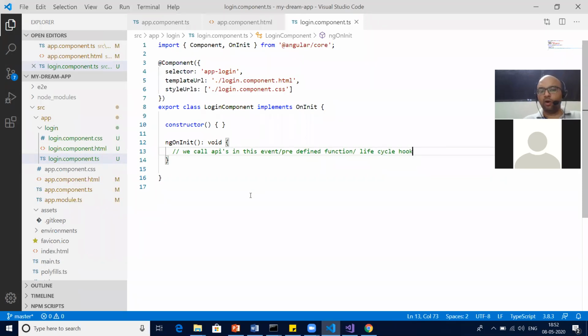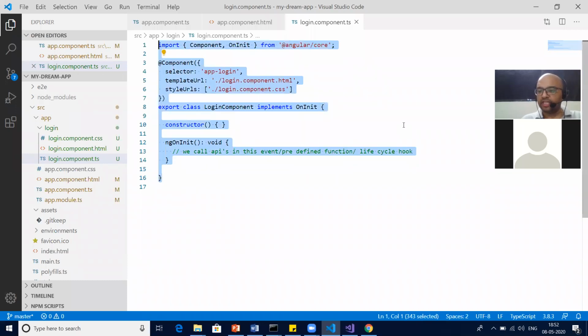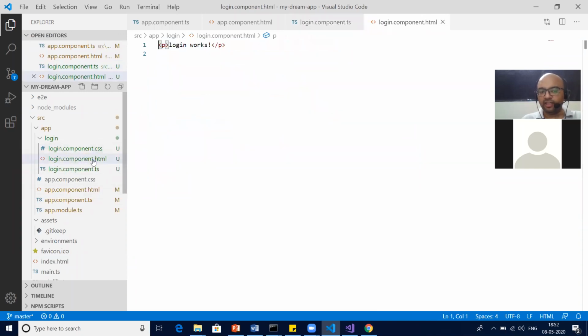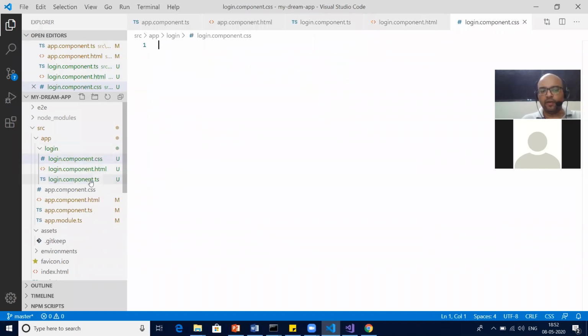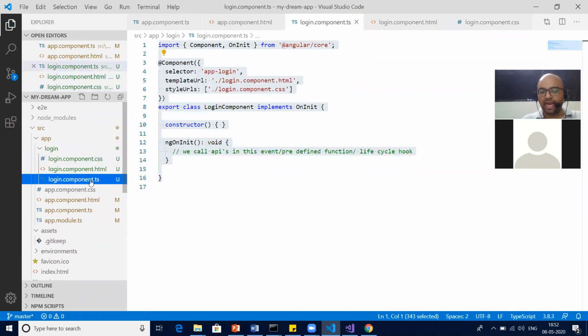Okay, so this is how the template, or skeleton, of a newly created component looks like. Same old story, nothing new. Then you know that we have an HTML file, where it is just written login works. Then there's a CSS file. We will not touch this one as of now, and see how we can call this login component. Now this login component has been created by us, but it will not get called until and unless we call the login component, correct.